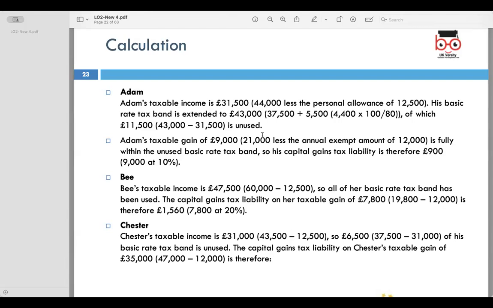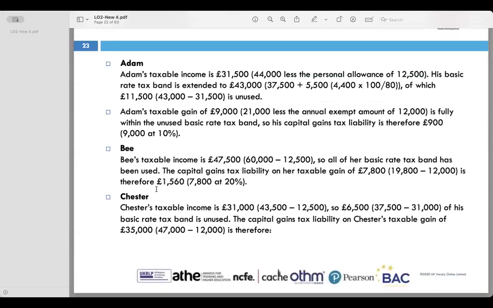10% rate. By subtracting 12,000 pounds from her taxable income, B has used up all of her basic rate tax band. Because of this, she needs to pay 1,560 pounds in capital gains tax on her taxable gains